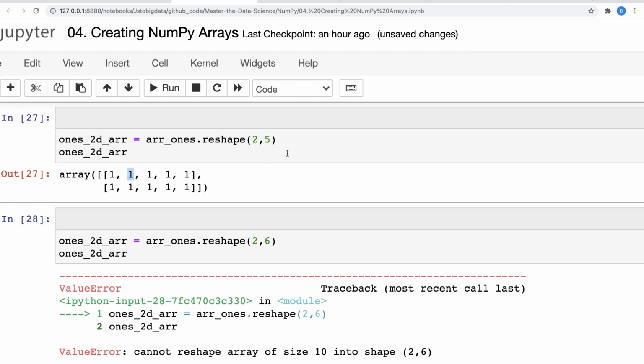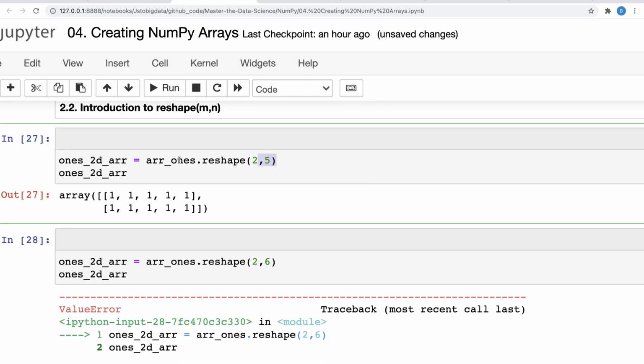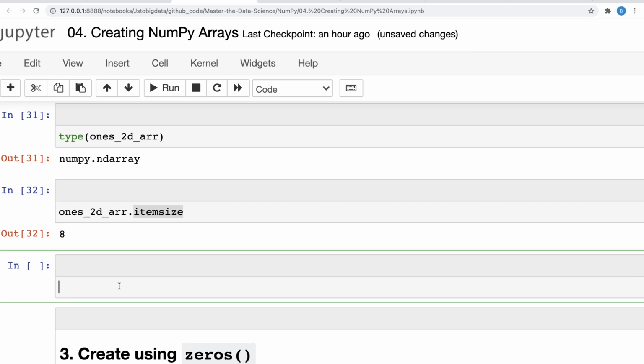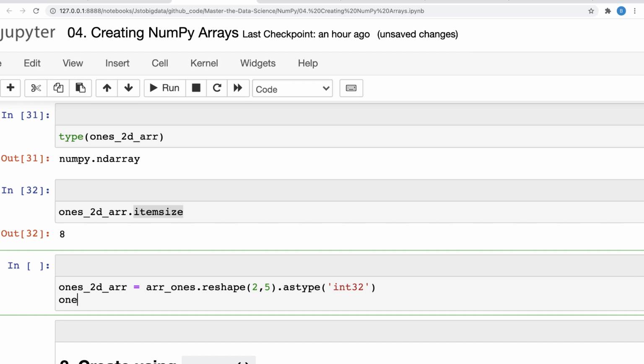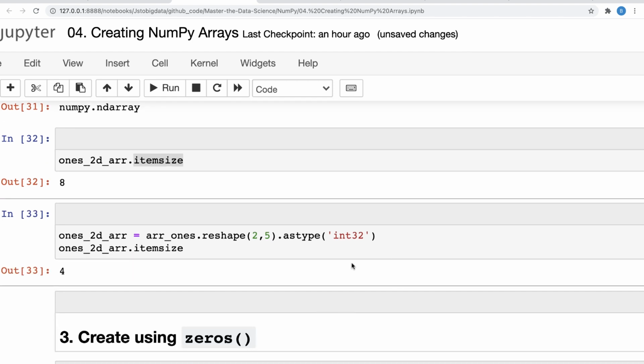Now if you want to convert it back to, let's say, 4 bytes, then you say dot astype, I'll say int32, and then I again say ones array dot itemsize. I hope this is clear to you. It depends on what data type you are declaring it as.